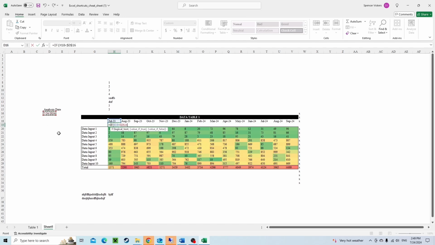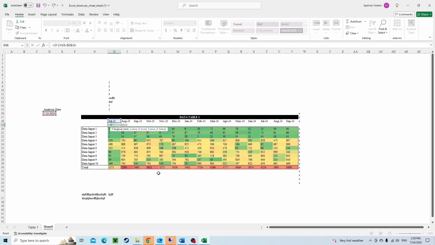to the analysis date, and that is just the F4 key. F4 cycles through relative references. So I just hit F4 and it unlocked the column reference, but it locks the row reference. So if I copied this formula forward, that would actually not be helpful for us because it's going to move the reference of the column accordingly. If I hit it again, it's going to lock the reference, which would be helpful here, but if we ever copied this formula down, then we'd lose that reference again going down this way. So there's situations where you do want to have those relative references, but in this situation we're going to lock